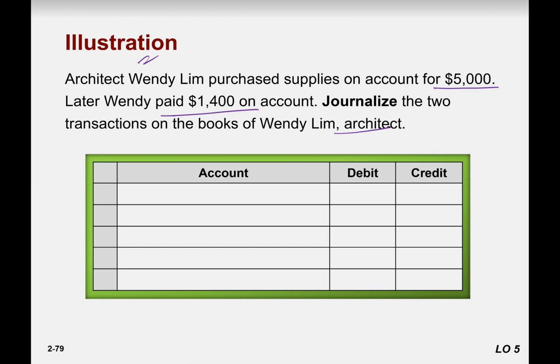So there are two transactions. First, the owner purchased the supplies on account. Supplies increase. Increase means supplies are an asset, and increase means debit. On account means you have to create a liability. Liability increase means credit. So it would be supplies to accounts payable, right? Debit to credit. The second one is later Wendy paid $1,400 on account, which means